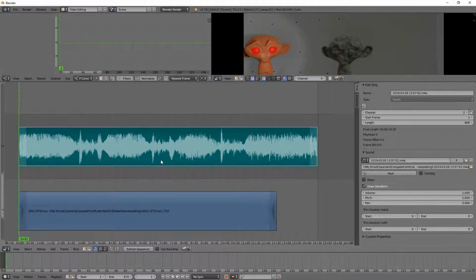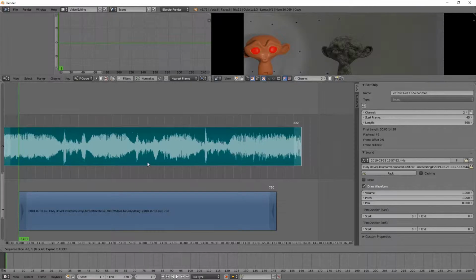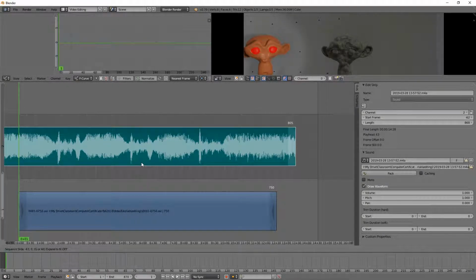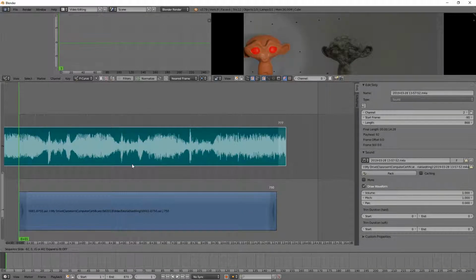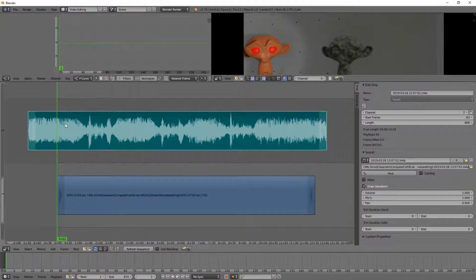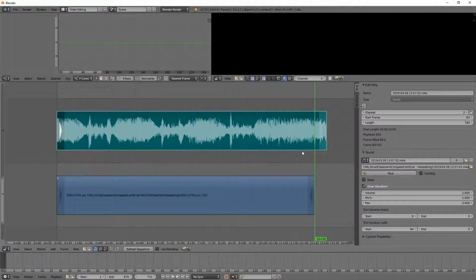So if it's selected, you can just press grab and move your audio strips around. So let's say we want more music without voice on the tail end. So we want to cut the ends off of this audio. There's a few things we can do. There's two handles on each end. You can just select it and grab and then drag it to match up with the others, or you can use K to cut them